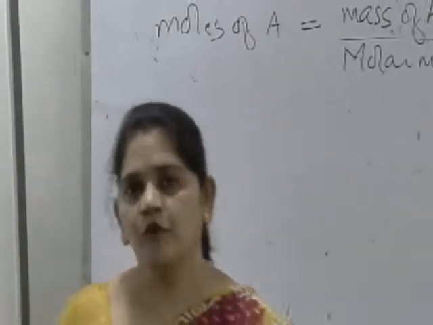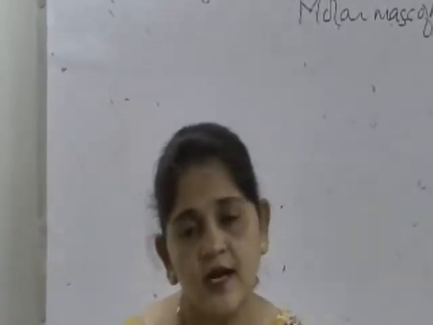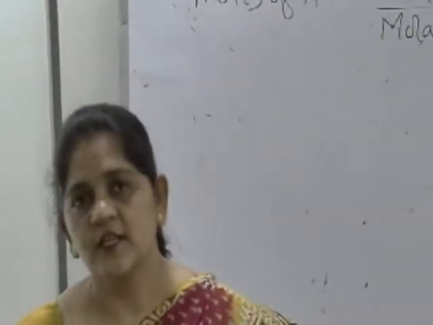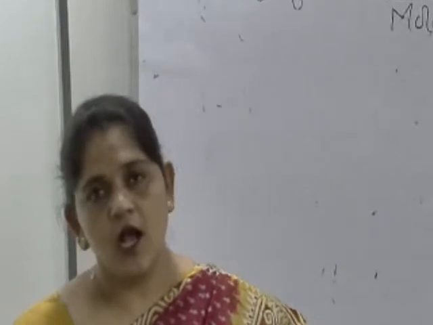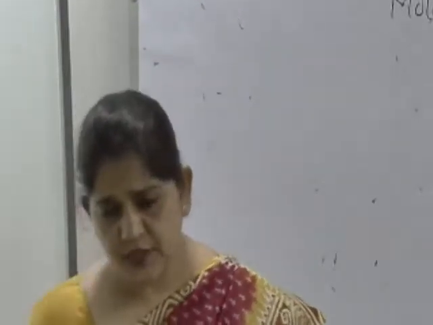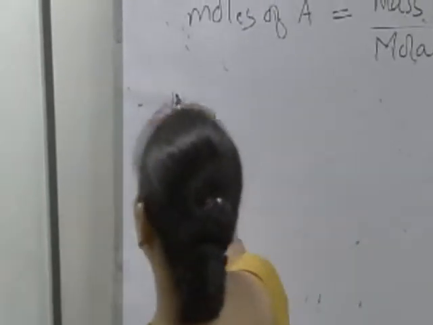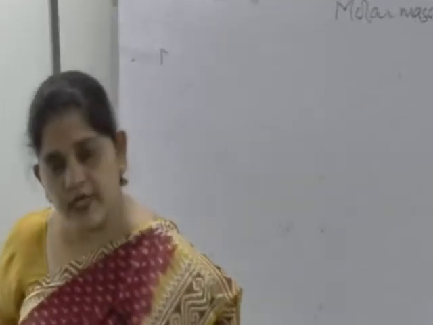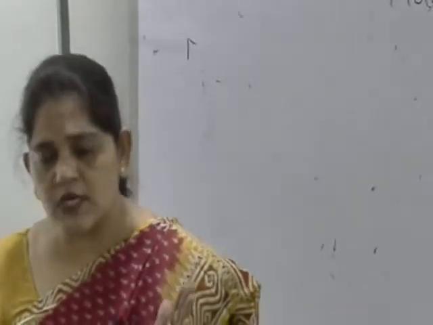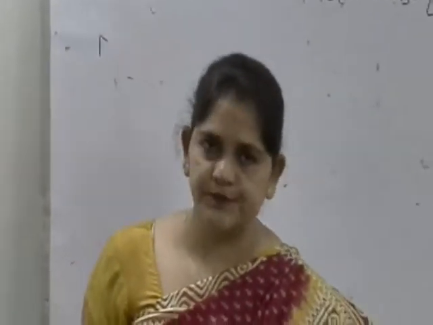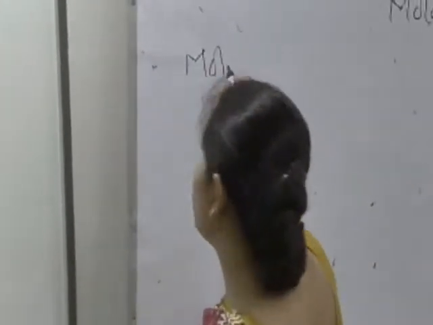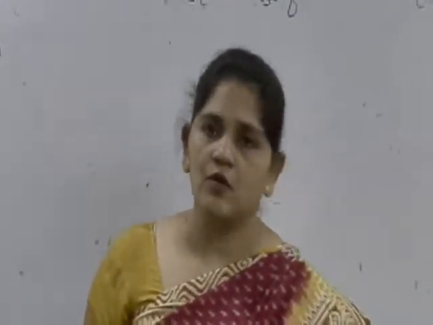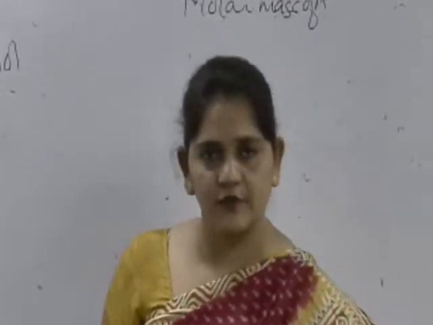The first one is mole fraction. Now, as I said earlier, percentage means for every 100 of a solution. When you are talking about fraction, we mean for every one part of the solution, how much is your solute. So when I say mole fraction of a component A, it is how many moles of A are present in the total number of moles of all the components of the solution. Because we are dealing only with the binary solution, I'm going to talk only about the two components, that is, one solute and one solvent.